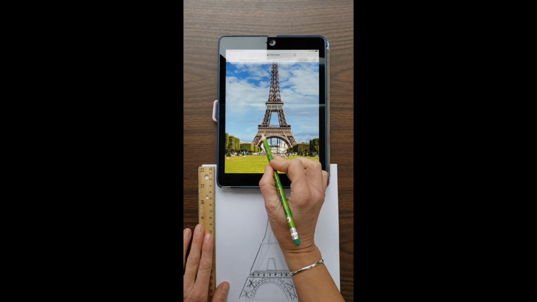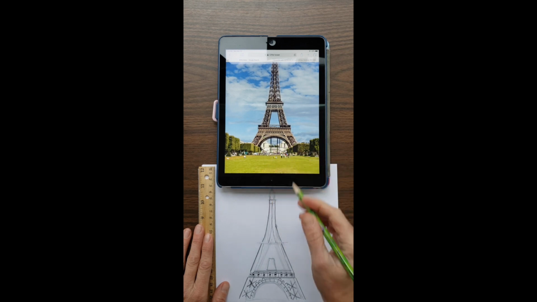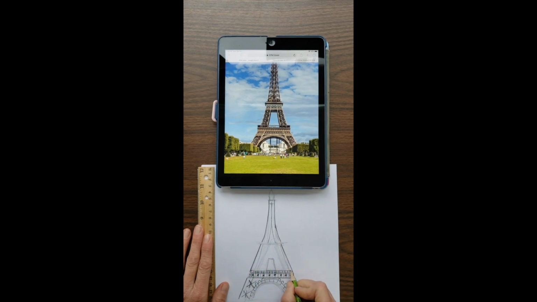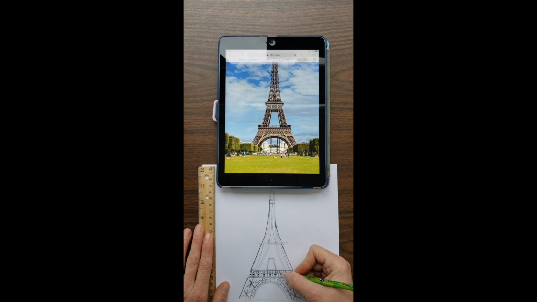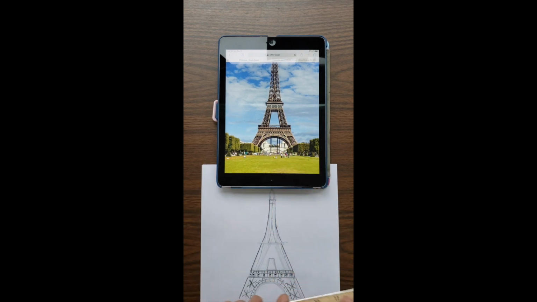I'm looking just above that row that looks like the number 8 to me, and it looks like there's a bunch of little squares. So I'm just going to go ahead and make it look like a bunch of squares by adding some small vertical lines straight across at that area of the base of the tower. Okay, and then above that it almost looks like a viewing area or something. So I'm going to make another little line there,